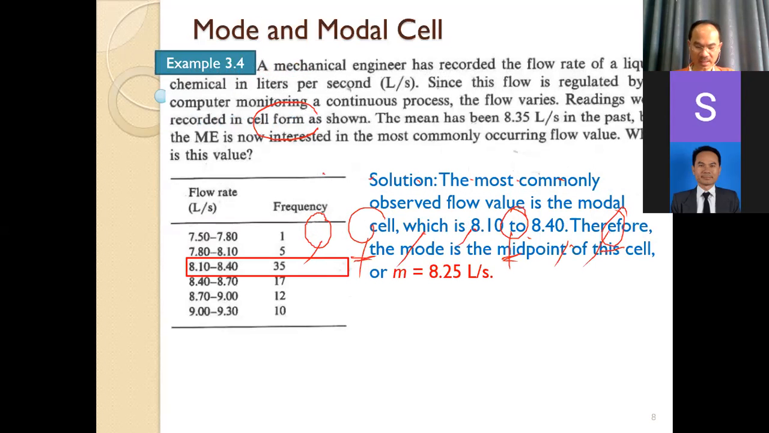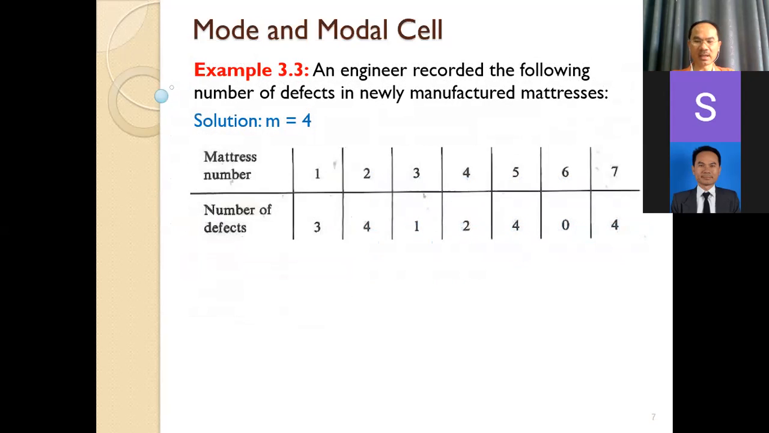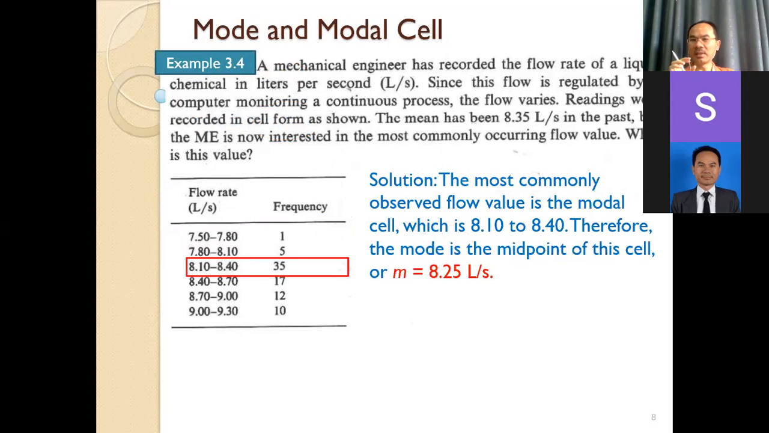Okay, this is for the individual data, and this is for the group data. For the group data, the mode is the middle value of the modal cell. That's right. The middle value of the modal cell. Okay, for this case, if you use the group data, for this case it is the